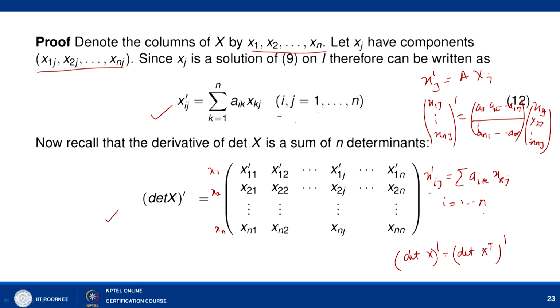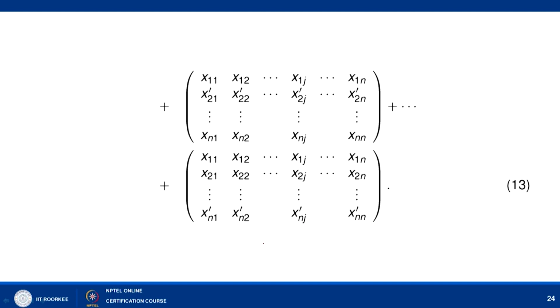So, let us find out the derivative of determinant of x. I am writing the derivative of determinant of x transpose, which is nothing but, in the first row you find the derivative of x1, that is x11 dash, x12 dash, x1j dash, x1n dash, keeping all the other n minus 1 rows as they are, plus, in the second determinant, you keep all rows as they are, only the second row is differentiated, right, and in the last